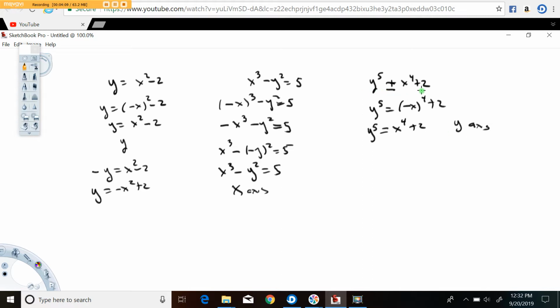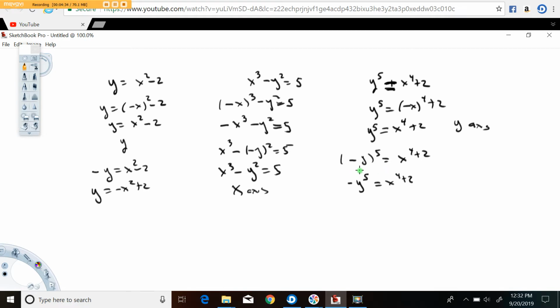Now, if we change the sign on y, and I write this out, this is going to read as minus y to the 5th equals x to the 4th plus 2. By the time we raise this to the 5th power, this is going to read minus y to the 5th equals x to the 4th plus 2. And you'll notice this is not the same thing as what we had. And again, that's supposed to be equals. So there's no symmetry